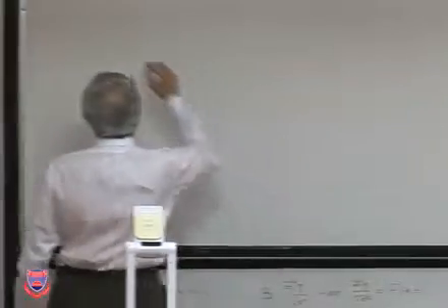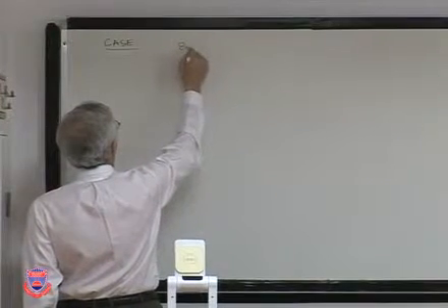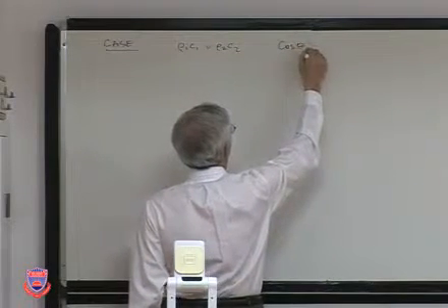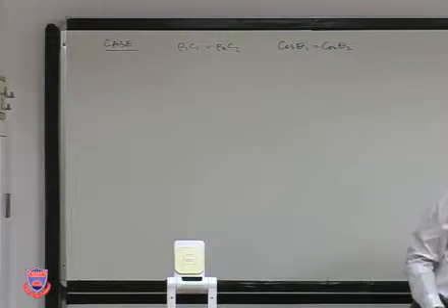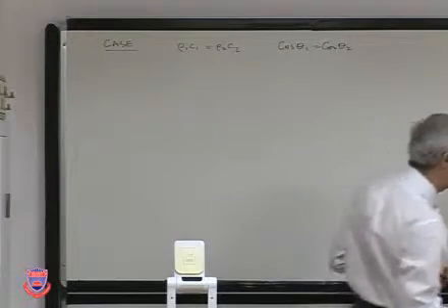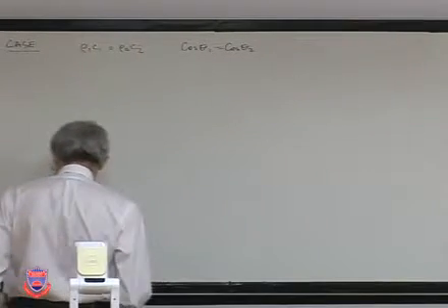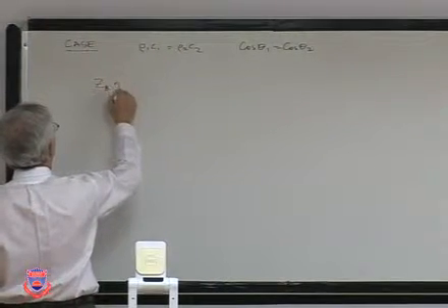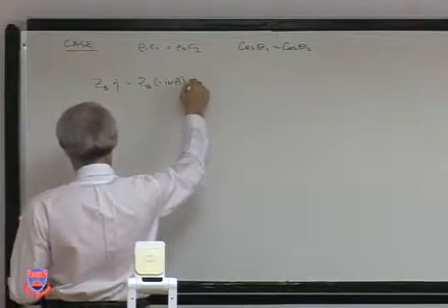Let's consider the case rho 1, C1, rho 2, C2, and of course theta 1 is equal to theta 2. In that case, the equation of motion, or CB minus I omega A,